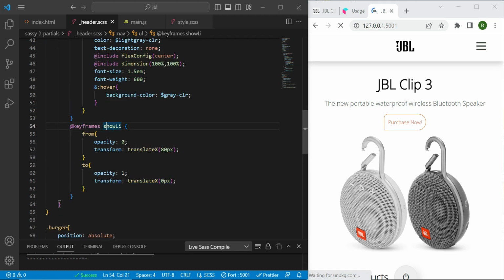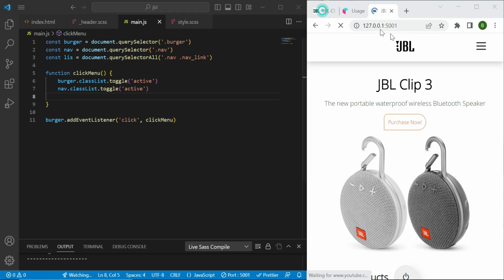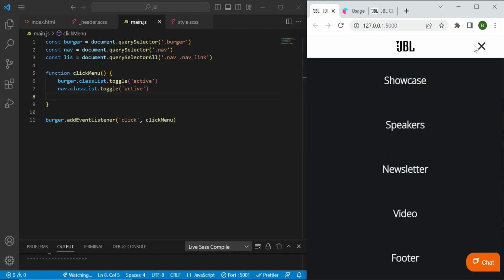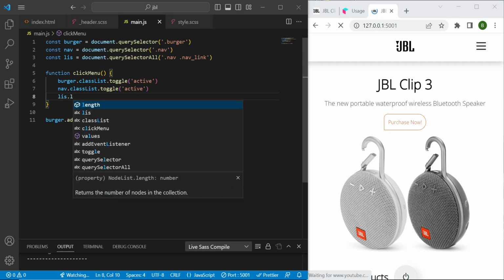I need to call this keyframe inside of my main JS. But how can we do that exactly? Well, inside of my clickMenu, because remember, just by clicking the burger icon is triggering the whole action, all of the actions, like so. So here inside I need to loop through them first of all. So just forEach